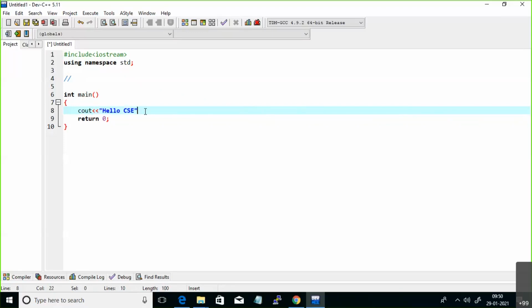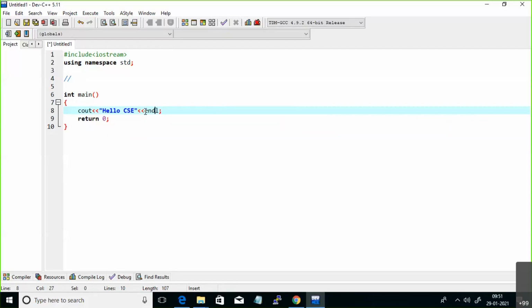After printing that message, if you want to move your cursor to the next line, we have the endl statement. It is one manipulator used to move your cursor into the next line, which is similar to the newline character in C language.